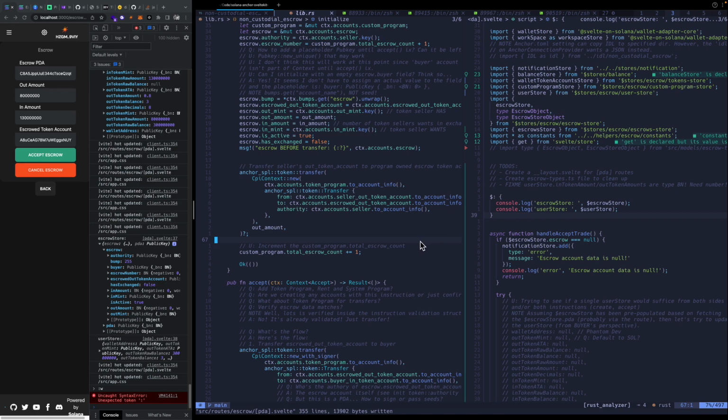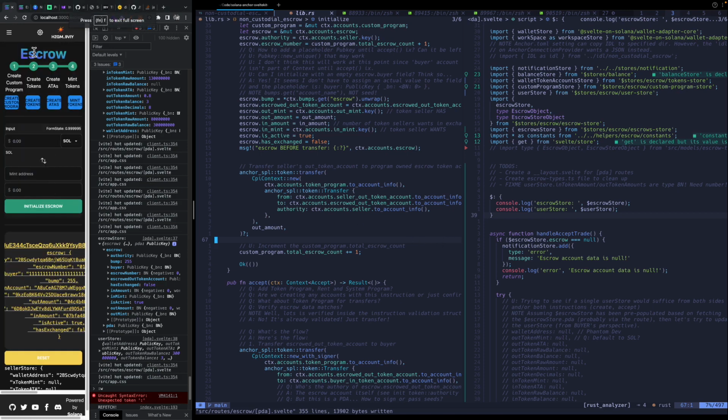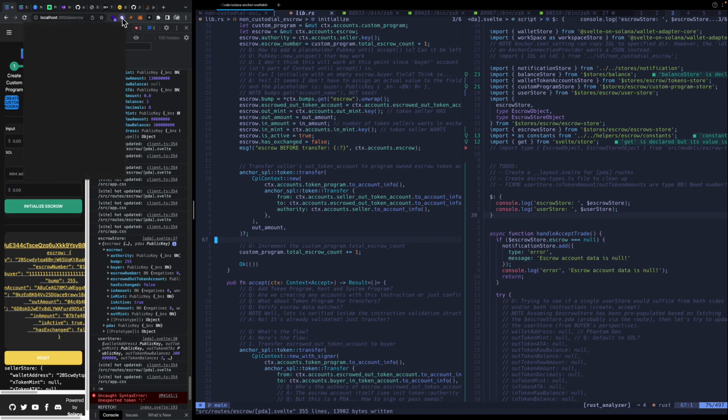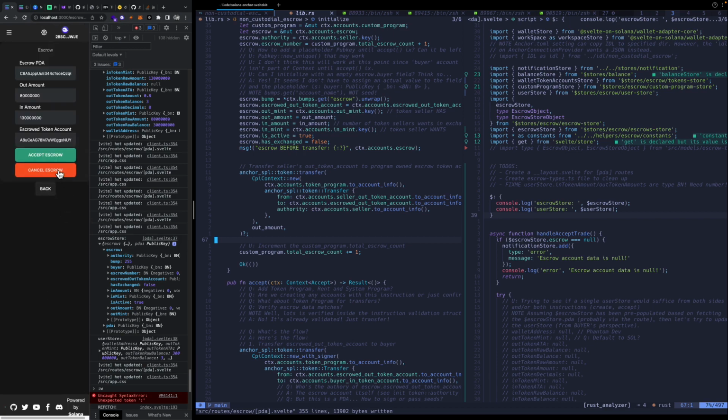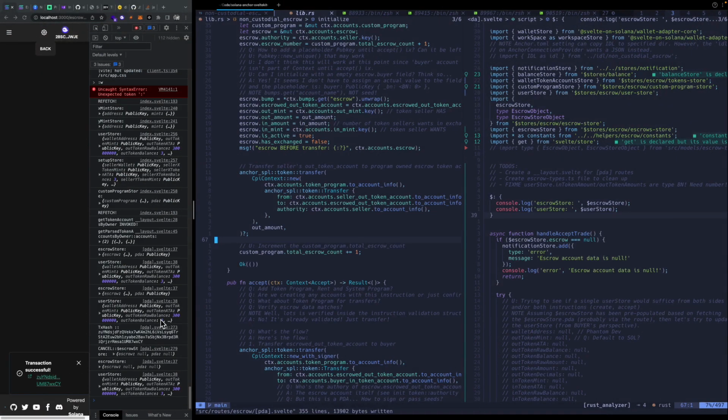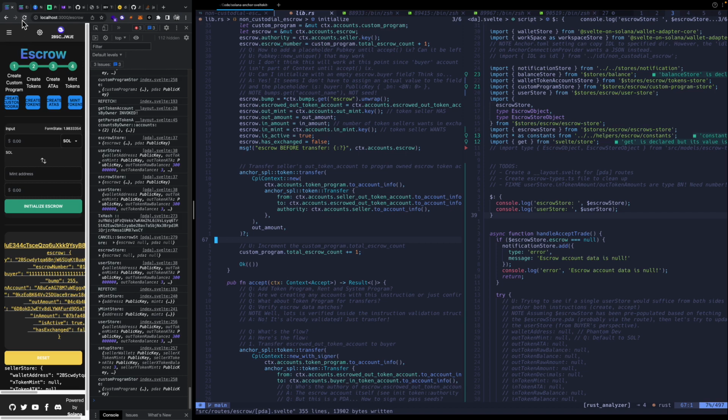I'm going to go through this one more time. Swap my wallet back to the Phantom. I wonder if I click into here, can I cancel this? Does that work? Hey, at least the cancellation's working. And the cancel is also using this escrowed mint thing. So I feel like